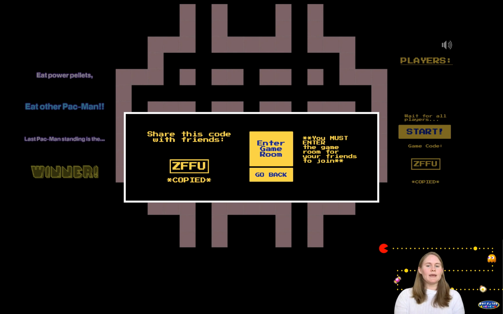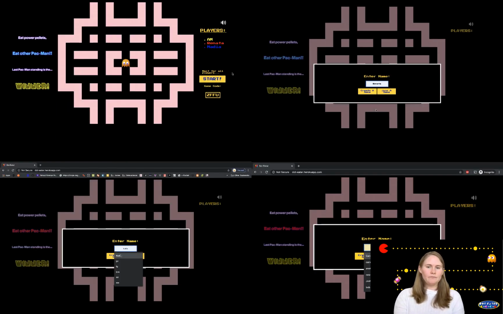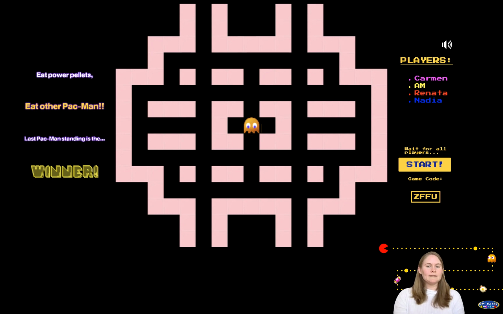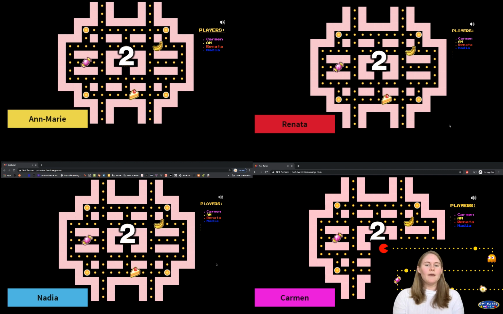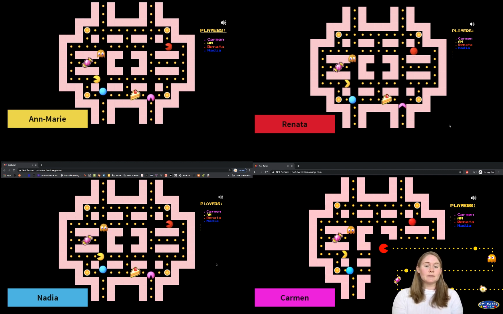And then I'm going to text my game code over to my teammates who will enter their display names and click join a game. As the player who created the game, I see that everyone is in now that I see all of their names listed, and I click the start game button. At this point, a countdown fires on everyone's screens, after which the players' Pac-Mans are displayed and the players can